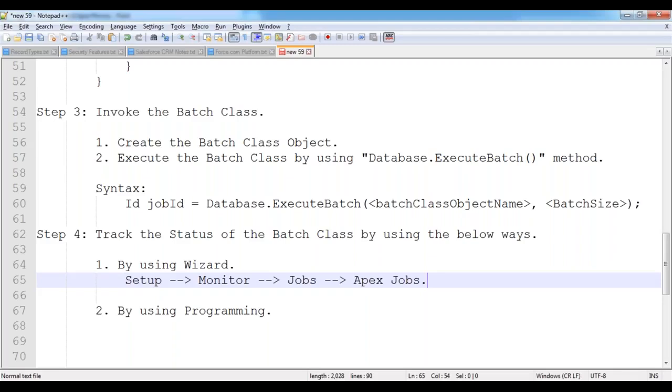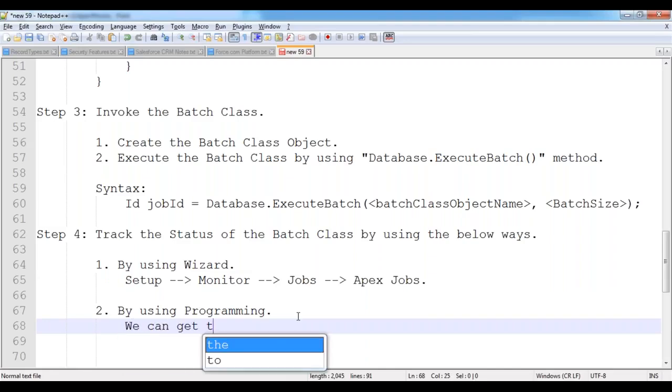That possibility is available to you in this case. In order to track the batch class status, we are using this monitor method. The second one is through programming also. Through programming, in the sense, how? We can get the status of the batch class